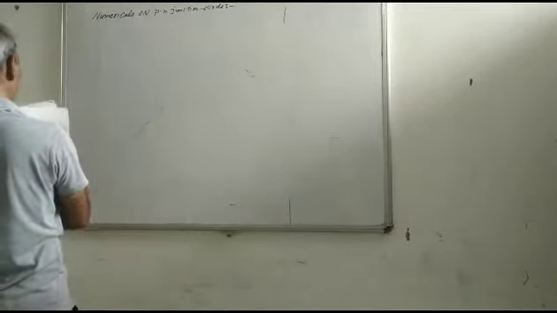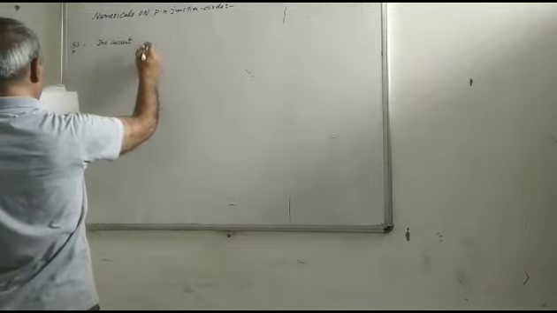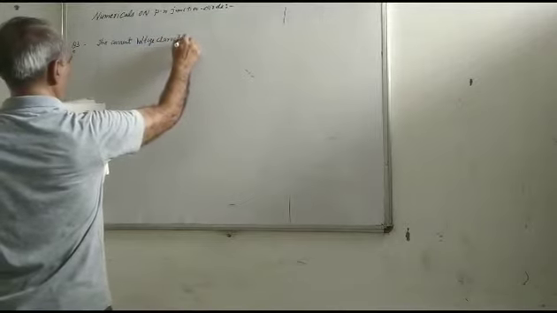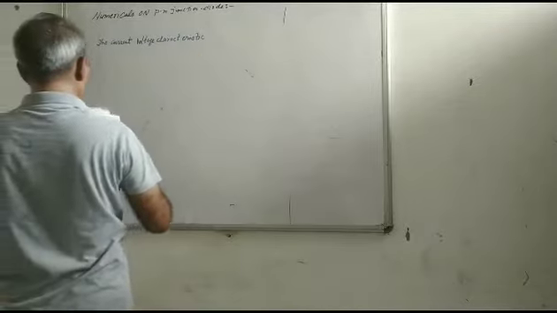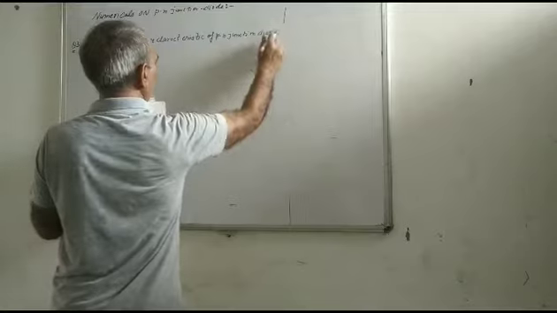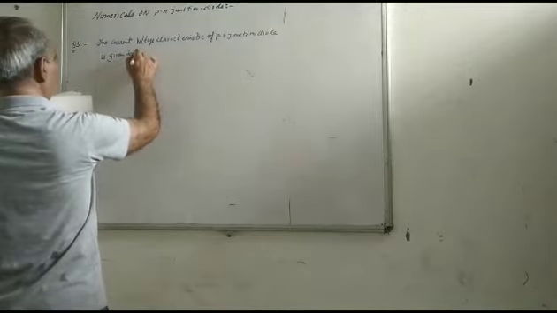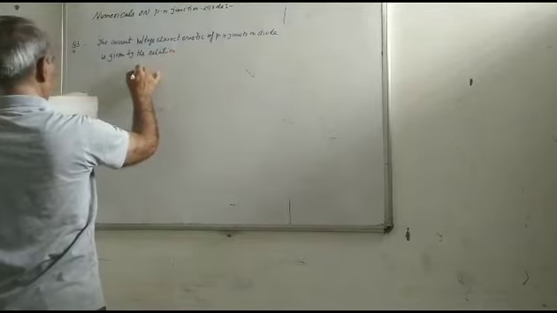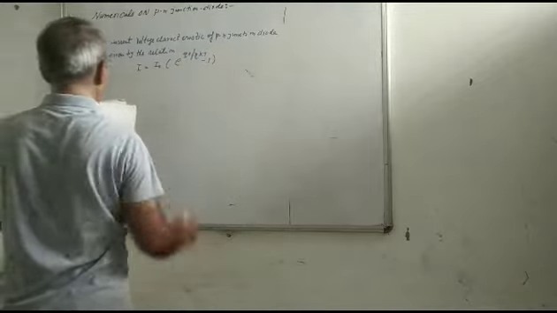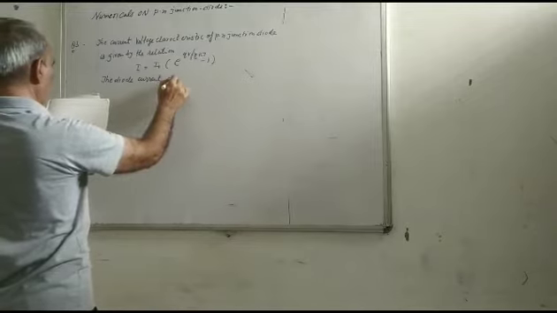So this is question number 3. The current voltage characteristic of a PN junction diode is given by the relation I is equal to I0 e to the power qV upon eta kT minus 1. The diode current is 0.5 milliampere